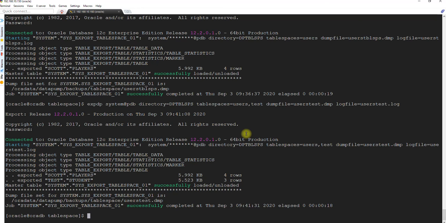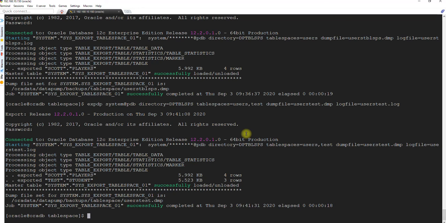If by any chance you have created indexes or views under a specific tablespace, there are multiple schemas. Those will also be backed up. If you have a huge table under a specific tablespace, that particular table belongs to a specific user, that is the schema. Those things will be backed up.